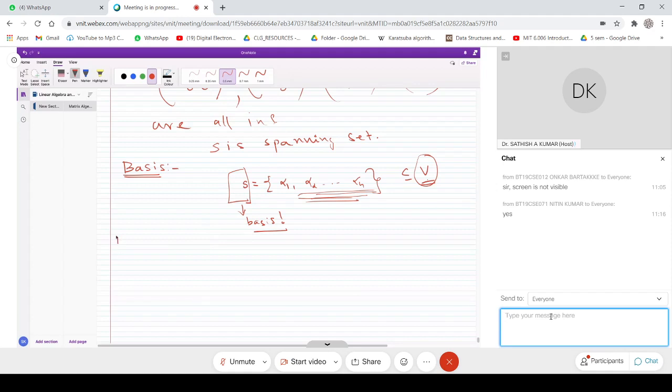So we'll define two definitions precisely, of course the same thing but in a different way. Definition 1: let V be a vector space. A basis for V is a linearly independent set of vectors